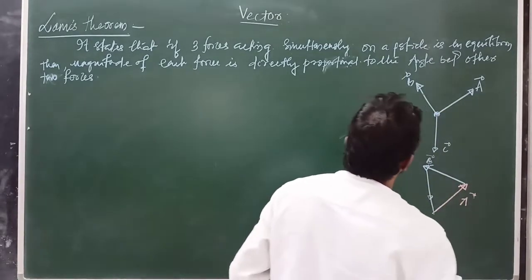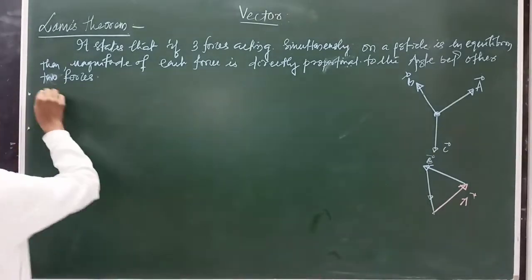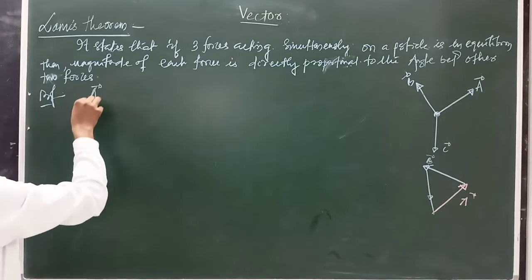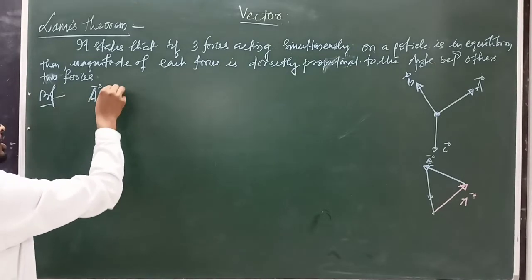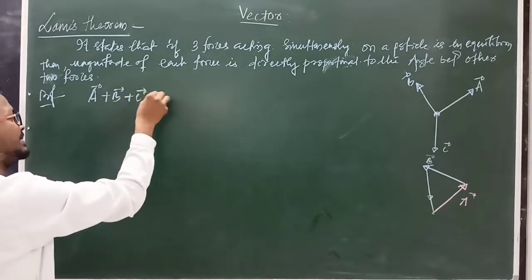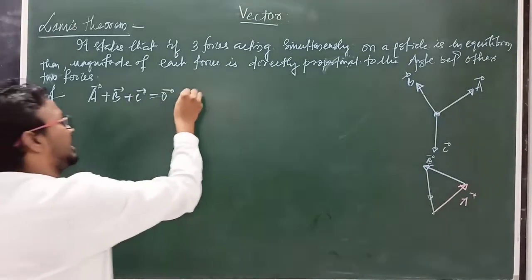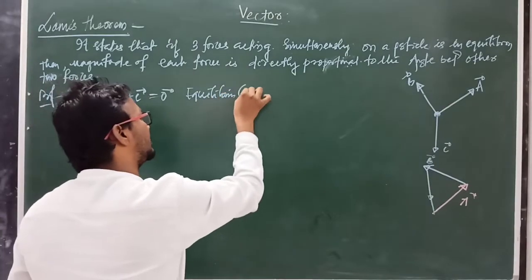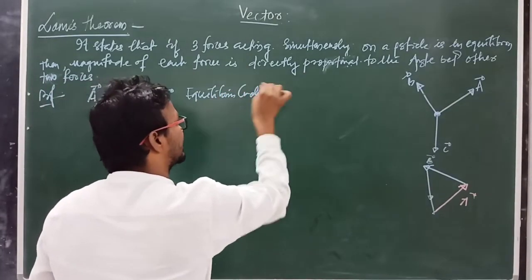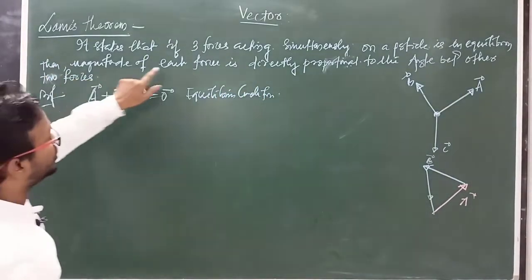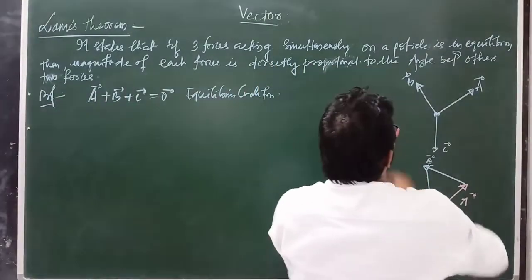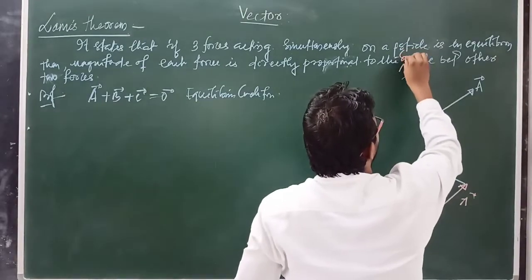We already know that the equilibrium condition means A vector plus B vector plus C vector equal to 0 vector. That is the equilibrium condition. Clear? And then the magnitude of each force is directly proportional to the sine of the angle